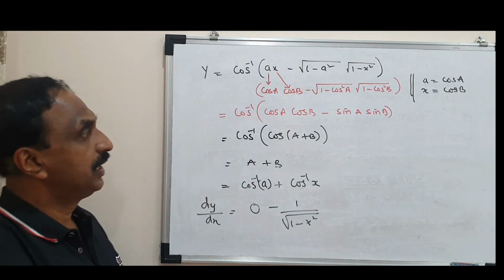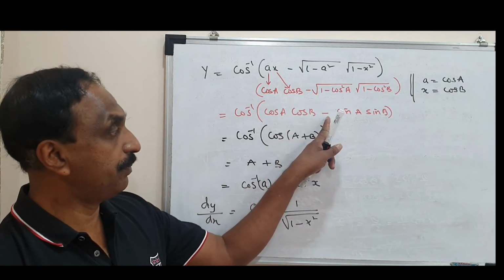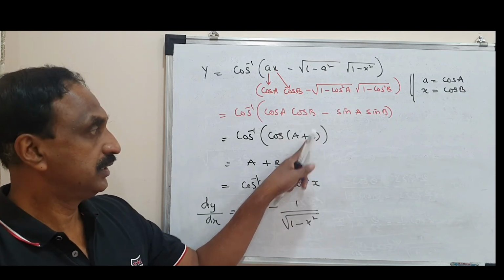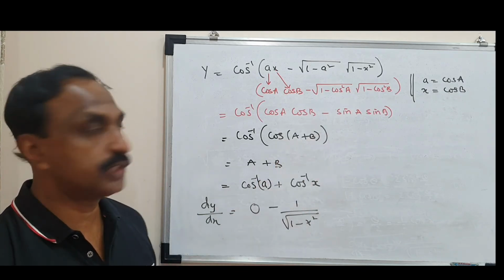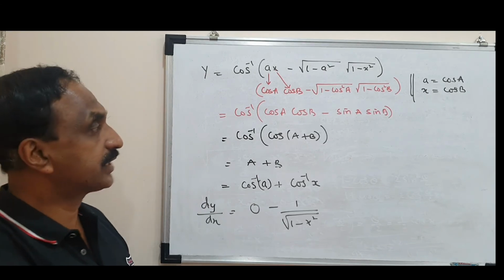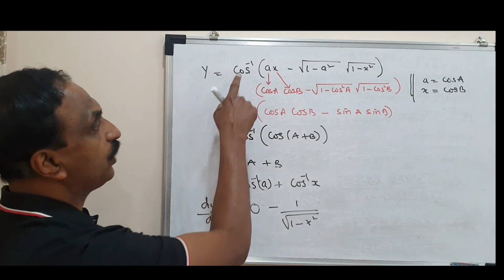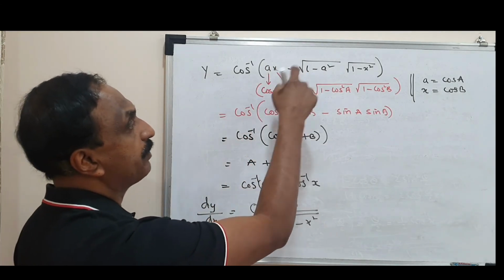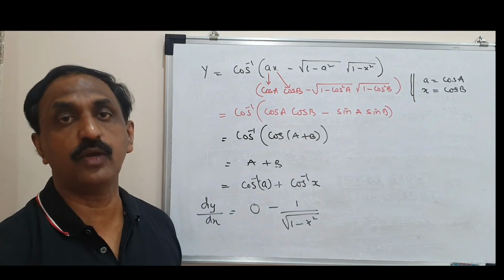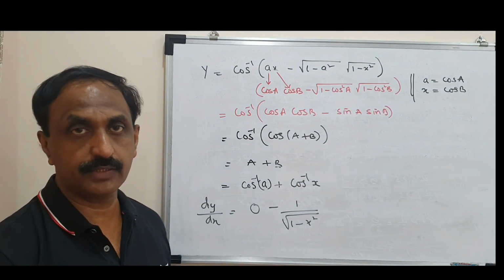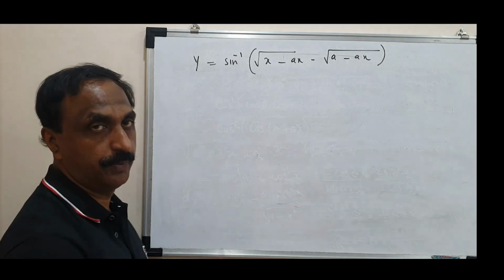I hope you have noticed that in cos a cos b, the minus sign will give you plus, and the plus sign here will give you minus. In cos it is the reverse formula. So it's an interesting problem. You need to identify it. Looking at this, you come to know whether the cos a cos b minus sin a sin b formula can be applied or not. So from there you identify it. Okay, let's have a look at this problem.